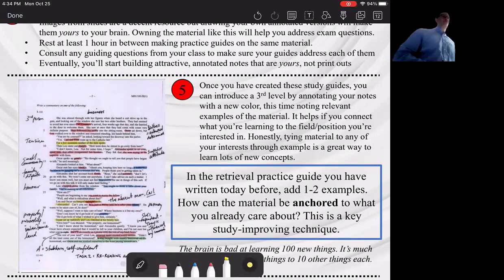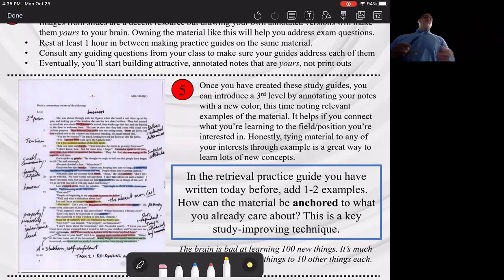But as you start making these versions of notes that are far more aggressive, far more efficient, you can get out a third color and start adding things that are more personal. Like, for Mendelian genetics, the way I think of this is the curly hair mutation in dogs dominates every time. I'm going to do this up here as a little small example. On the margins of these little sheets, you can start making, in blue for my case, personal examples to whatever field you're interested in.